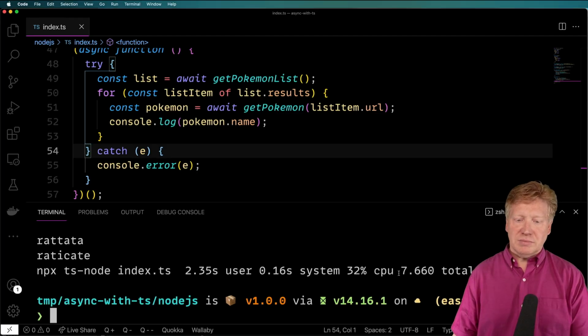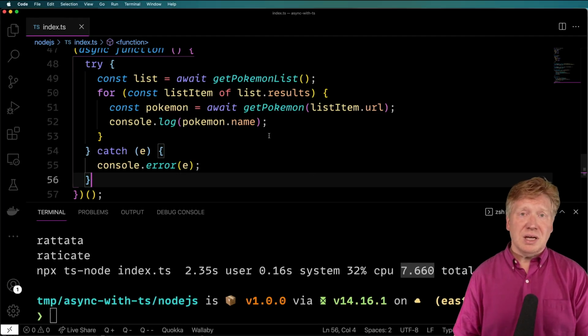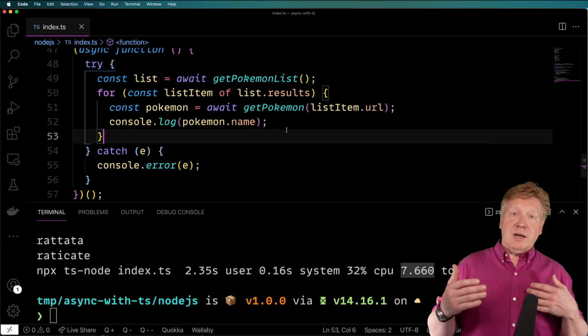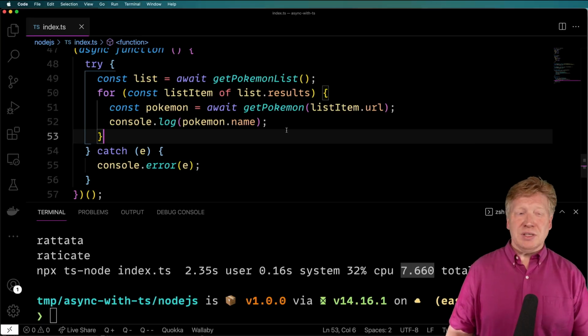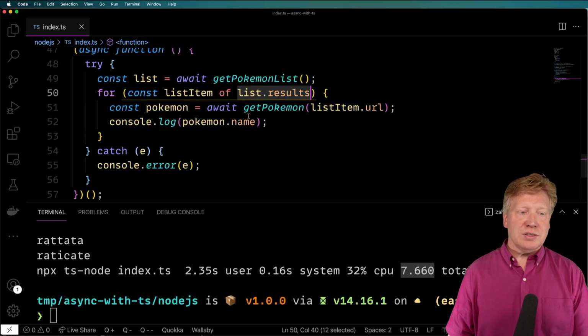All right, it takes about 7 seconds in total. Not bad. But before we go into how to make that more efficient, let's talk a little bit about an interesting pattern that some people use when it comes to making these requests sequentially like this,